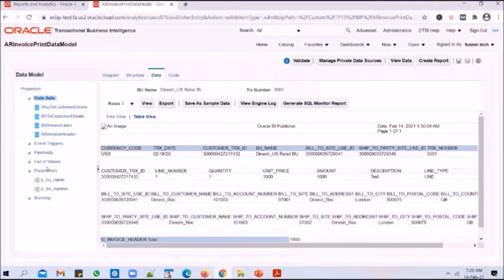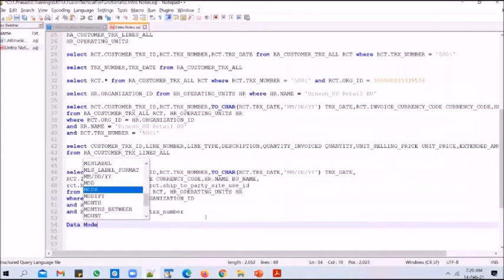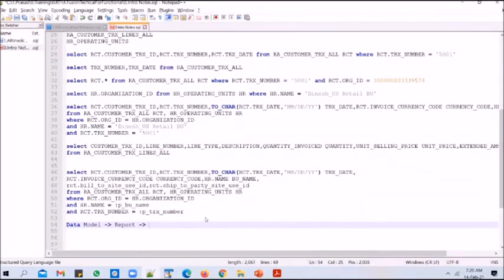But please bear in mind that the list of values that you create here will not get copied over into the ESS job, because at the end of the day, the business user is going to run the ESS job. So to this data model, we will create a report, and we will attach that report to an ESS job.